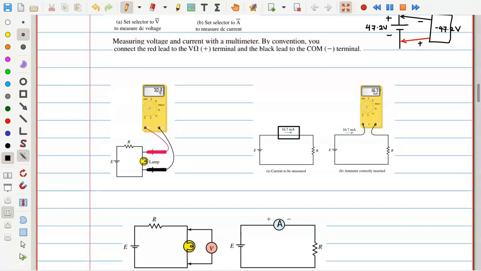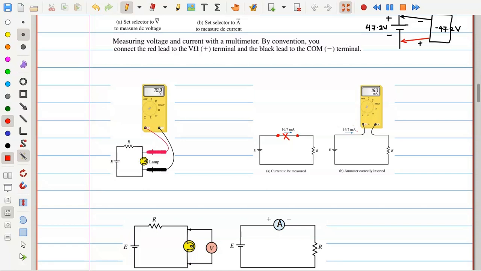First, configure your meter into ammeter mode. Then do one simple task: wherever you want to measure the current, you create some gap. Just disconnect the wire there and break it into two parts. Whichever side the current is coming from, that side you connect the red probe. So current should enter into the red probe, which is usually called the positive convention. If it is properly connected, otherwise you will get negative current.